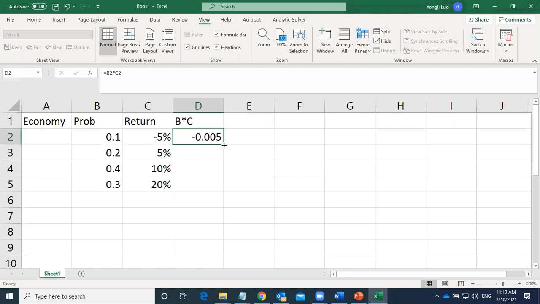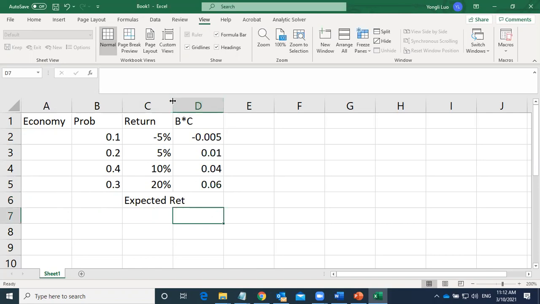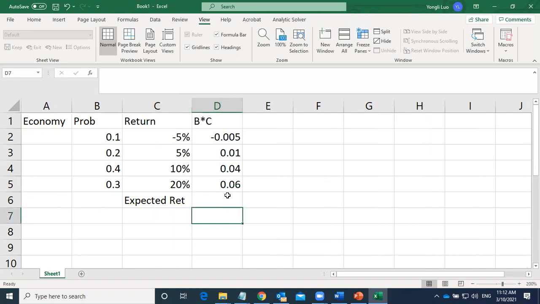Once you get the first one, you just apply that formula. So your expected return will be